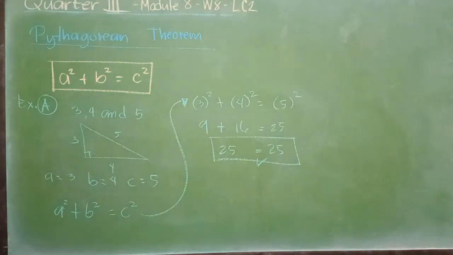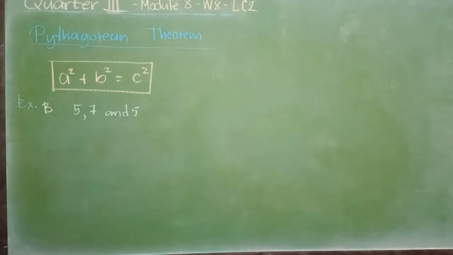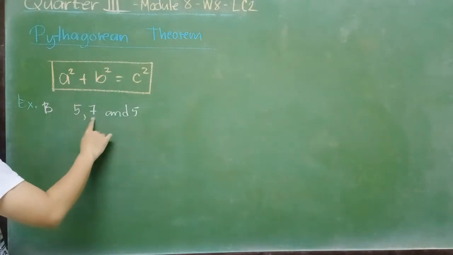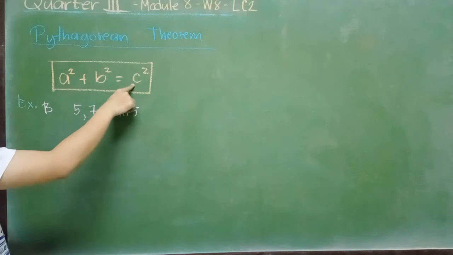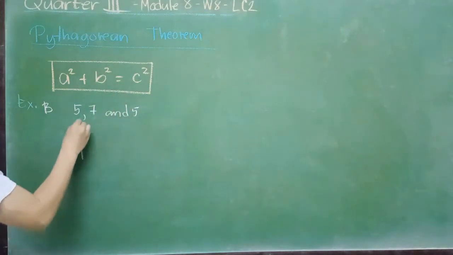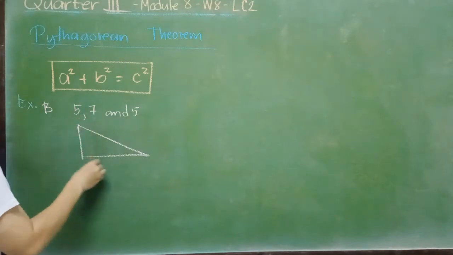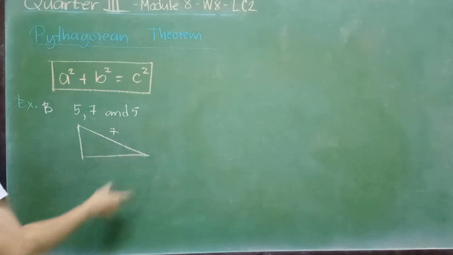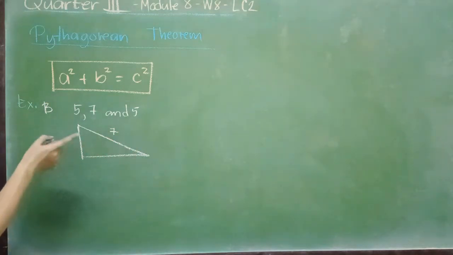So ano yung example ng hindi Pythagorean triples? So tignan natin ano yung example na hindi natin pwede i-consider as Pythagorean triples. So next example, letter B, we have 5, 7, and 5. So obviously, yung 7 siya yung magiging C natin kasi siya yung pinakamalaking value. So yung may pinakamalaking value, siya yung mapupunta sa may pinakamalaking side, which is yung C. So sa triangle natin, we have 7, and then we have two numbers na parehas yung value. So 5, 5. So kahit sa inisan mo ilagay yung 5. So most probably, this is a